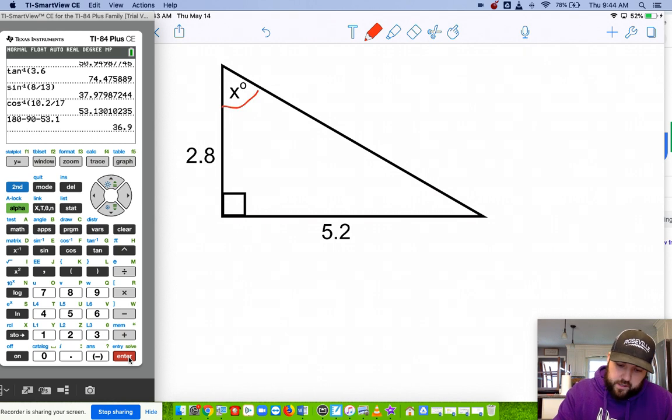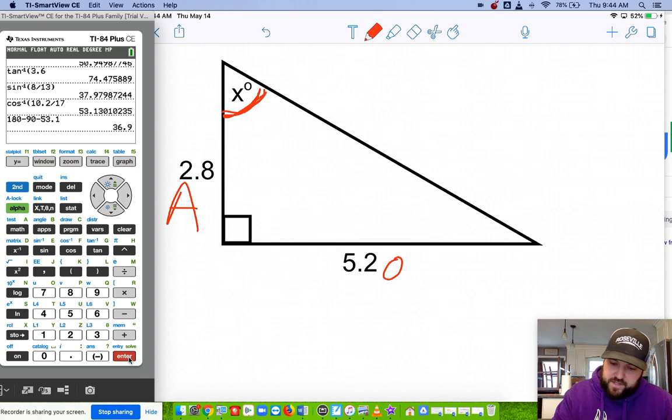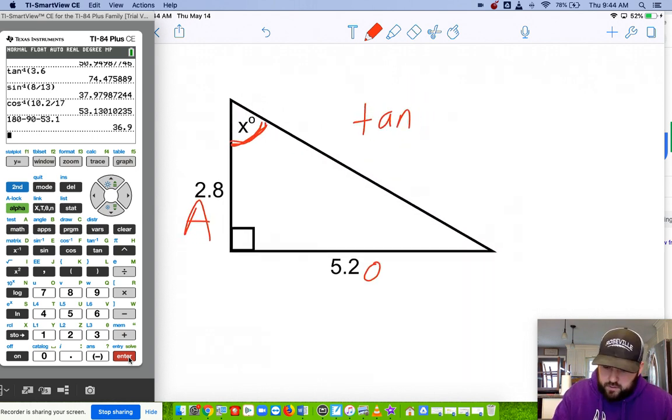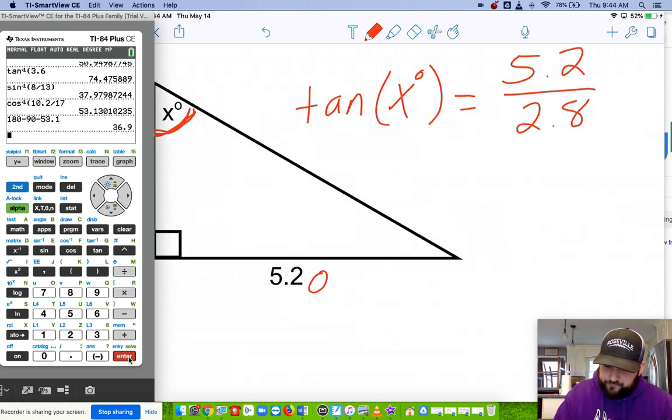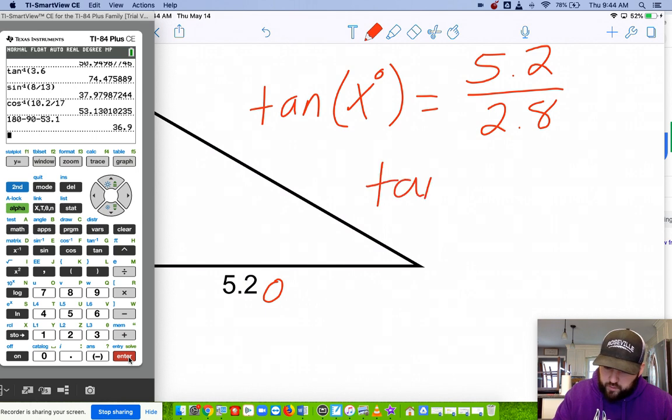So angle x is what I'm looking for. This is my opposite. This is my hypotenuse, which I don't care about or know. So that means I'm also using the adjacent, which is 2.8. Opposite and adjacent are related using tangent. The angle always goes next, but I don't know the angle. Opposite is 5.2 divided by adjacent, which is 2.8. So I'm going to use the inverse tangent